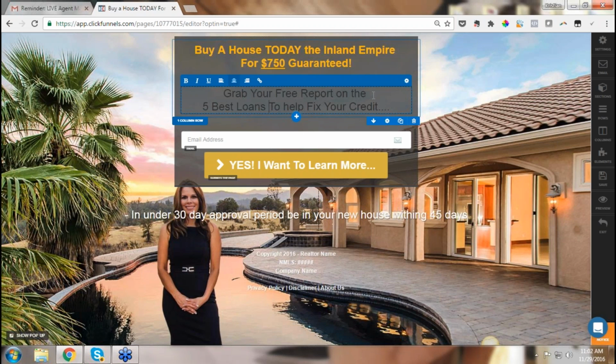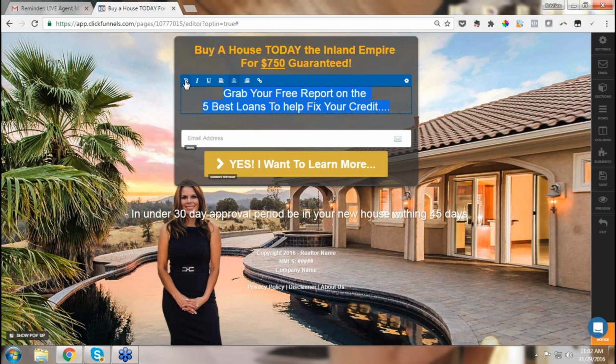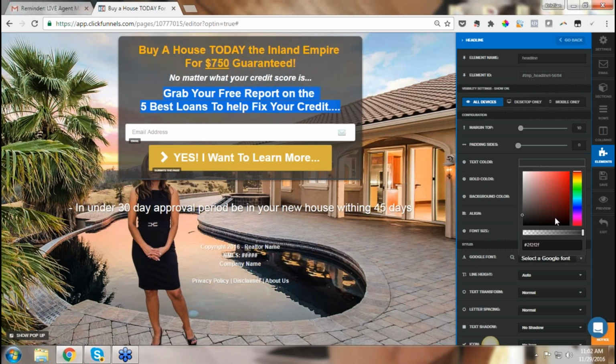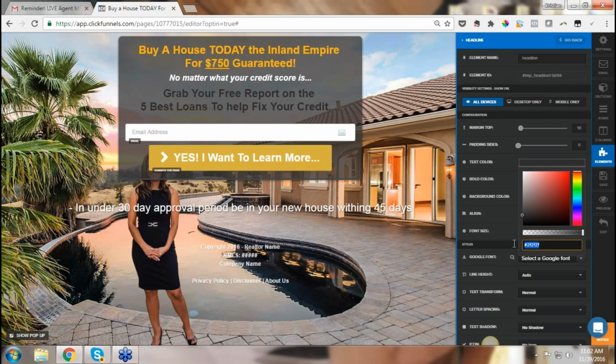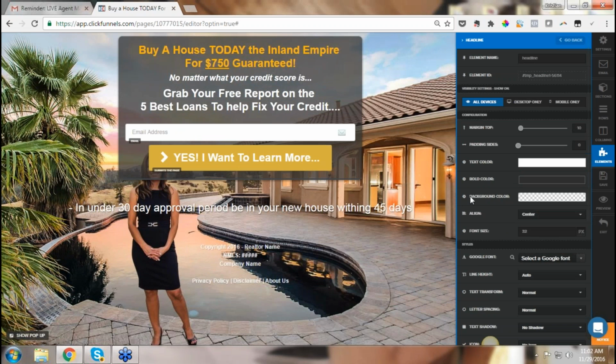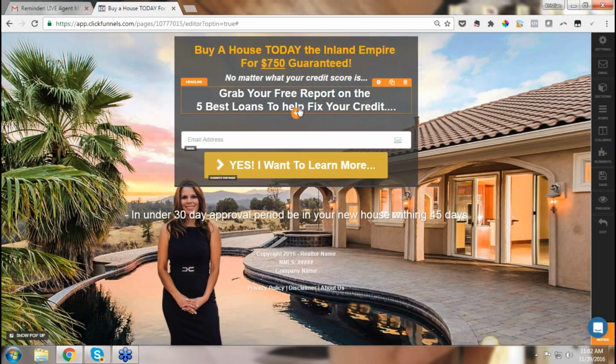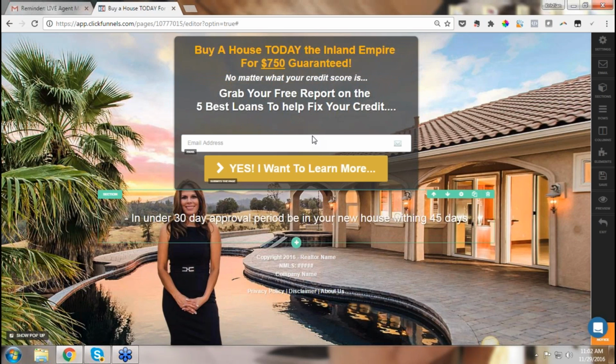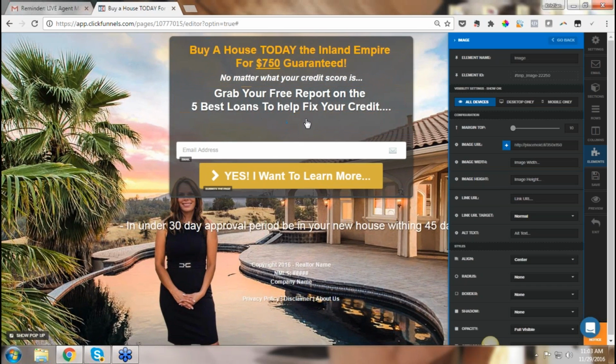A PDF that maybe has the top 5 places to put $2,000 into fixing up your home before you sell, or what appraisers want to see before you list your house, or things like that. It's just going to get someone to make a commitment. We want to pixel them and we want to grab information. Once we have that, we can deal with them later, through an email sequence or other ads or whatever.